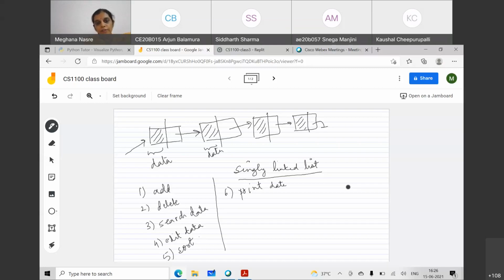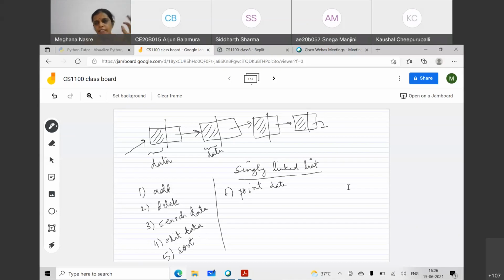Very good. So now we want to first understand what is data for us. That depends very much on the application. But once we fix this data, we want to do all of this. That is, add new data to it, delete data, search data, edit data, sort it based on something. So if you have two parameters, X and Y coordinate, you may want to sort it on X, you may want to sort it on Y, and so on.